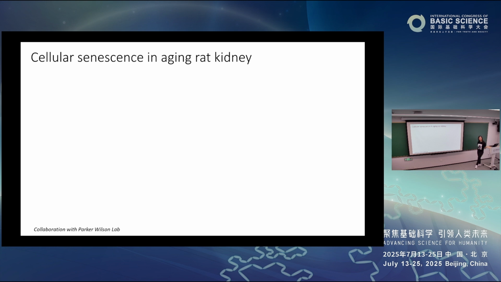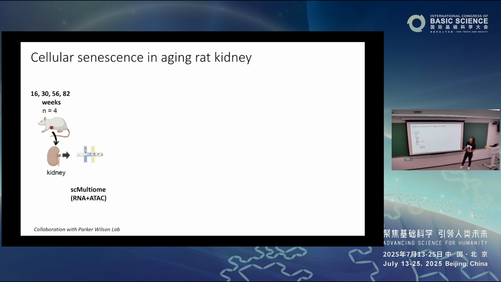Okay, let's look at another example, rat kidney. So we had a collaborator at Penn collecting kidney cells from 4 age strata of aging rats. The reason why we look at kidney is because kidney is a blood filter. Our blood carries a lot of toxins, so these kidney cells sustain a lot of stress. And they performed what's called single cell multiome on these cells.